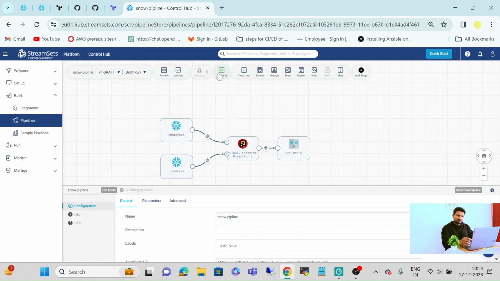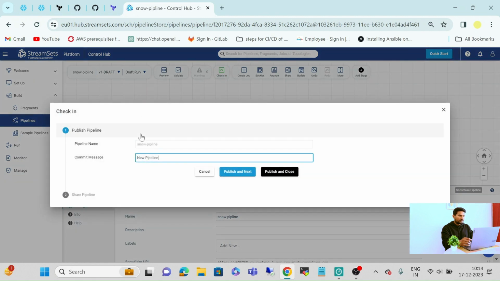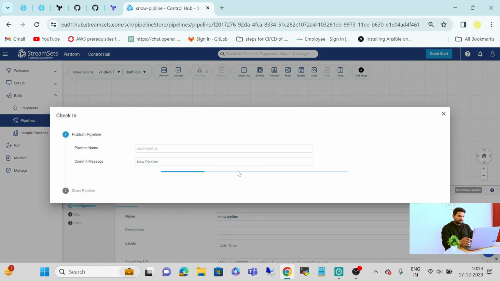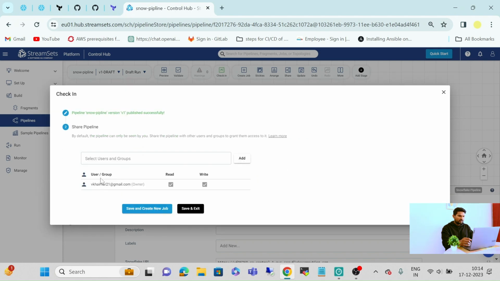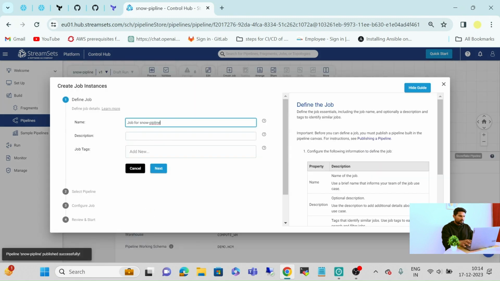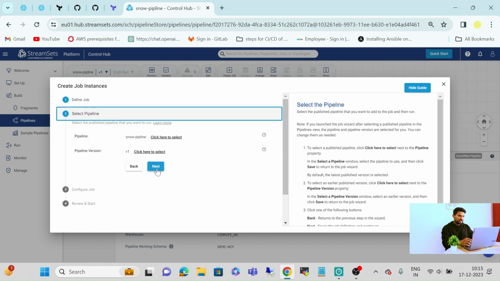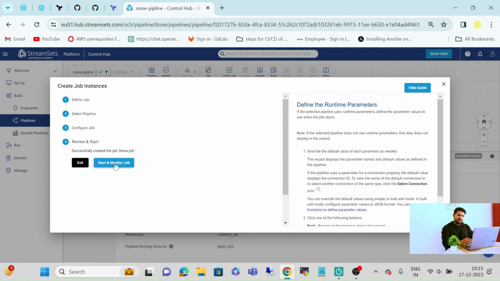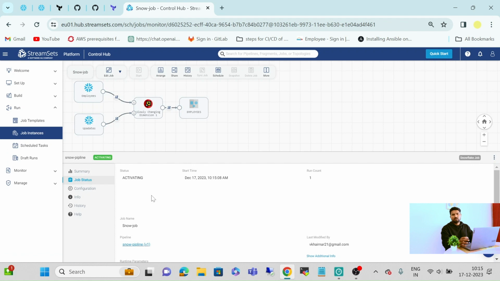Simply click on check in here, click on next, verify your email ID, read and write permissions, save and next, provide job name, snow-job, click on next, and start and monitor job, because in this project we are going to monitor our database change management.